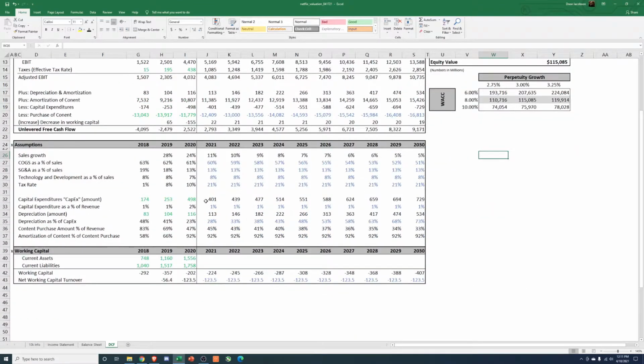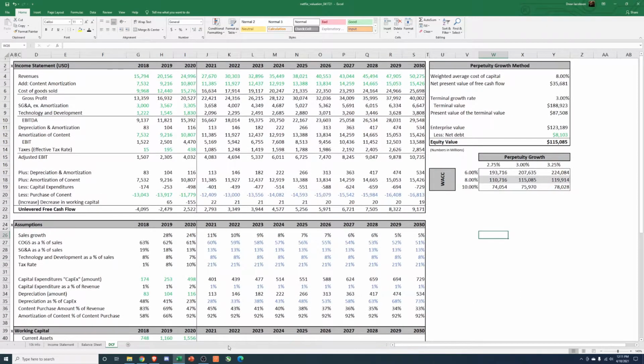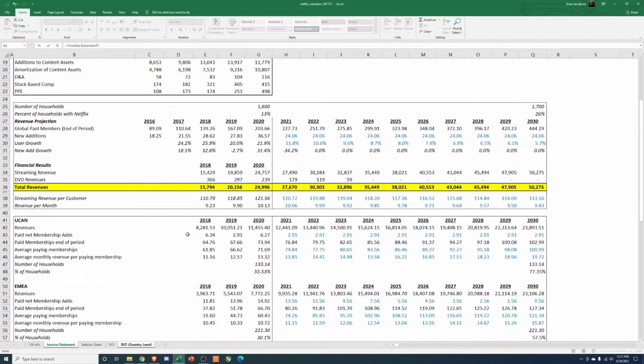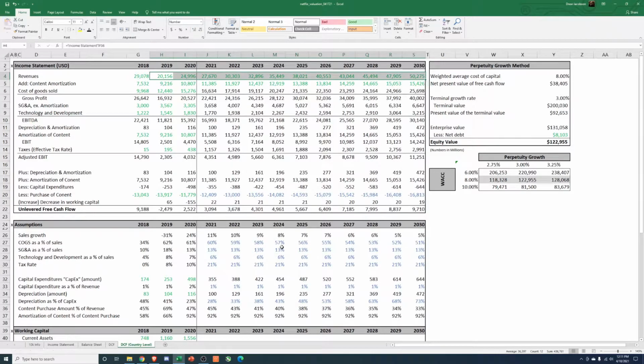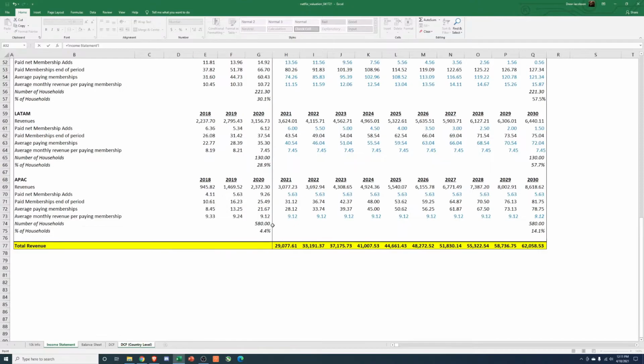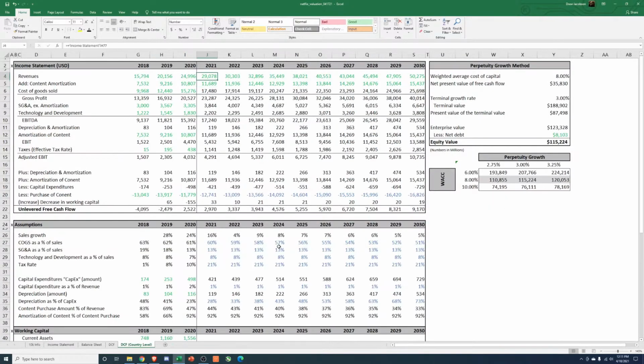And this is our first revenue assumption, so we'll change that. I'll actually copy the model over. We'll call this DCF country level. So this is our country level assumptions, and all we have to do here now is just update this. These ones were linked to this total revenue, the first ones we made. If you watch that video, this one needs to change, not the historical. There we go. We'll see.